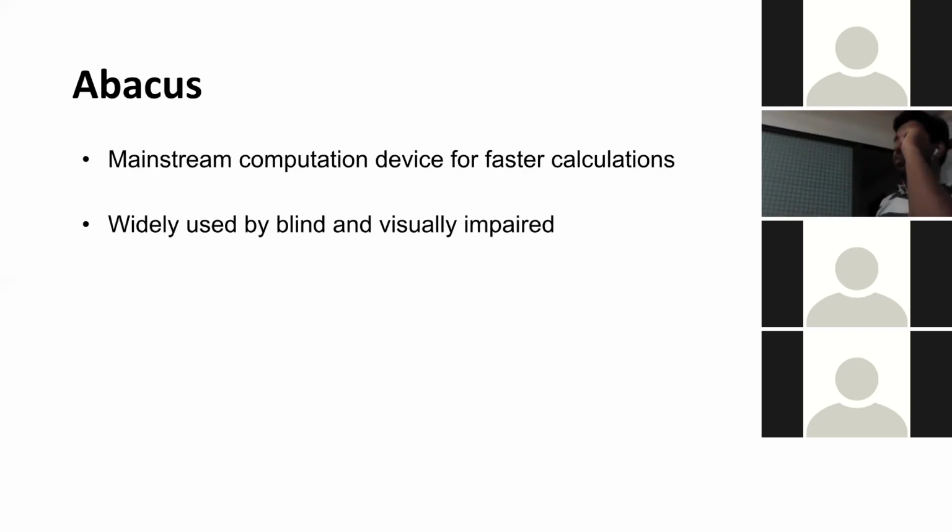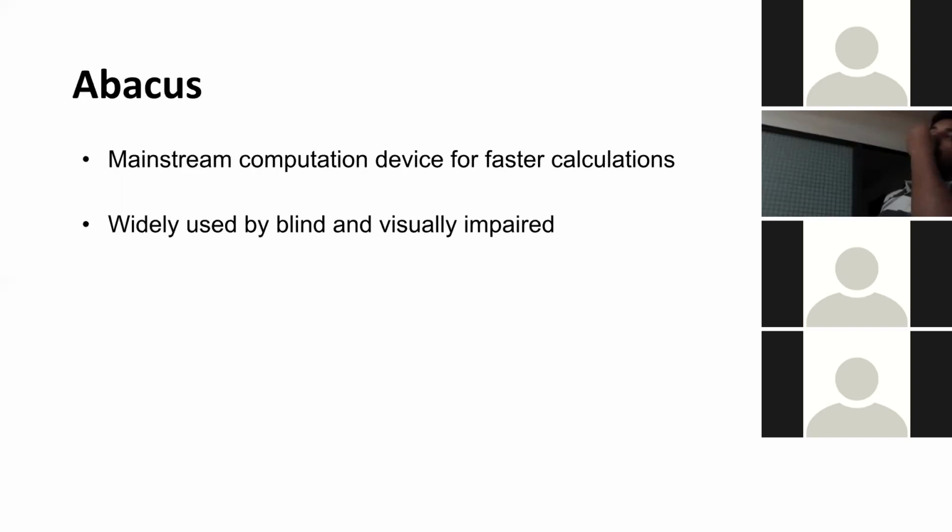And trust me, Abacus is still very famous. Many Chinese people are still very fond of the Abacus, using it for calculations and all that. So what actually is the Abacus? It is a kind of rectangular frame, which you can imagine is divided into two halves. In the lower half we have vertical strings, and every string has